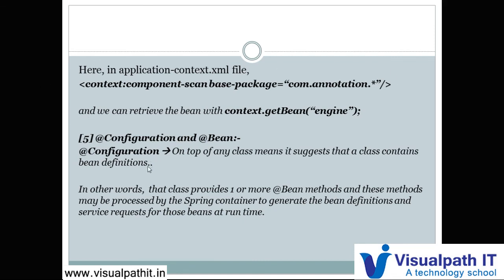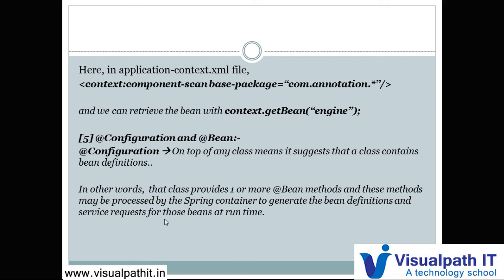How we define the component scan and how we retrieve the bean is context.getBean of engine. This is also very important. So this is the package name of all the classes, and this is how the application context is defined. This is a Spring bean with the ID engine. If we have motor, if we have vehicle, whichever ID we have based on our usage, this is present to retrieve that particular bean with that ID, the engine ID.